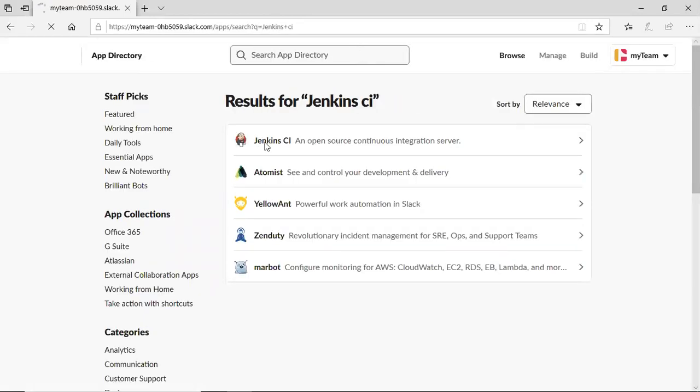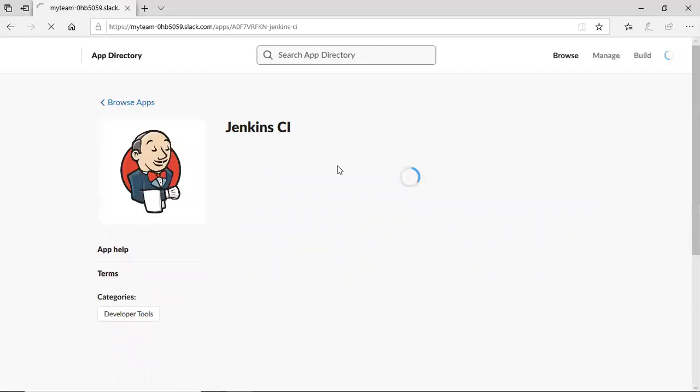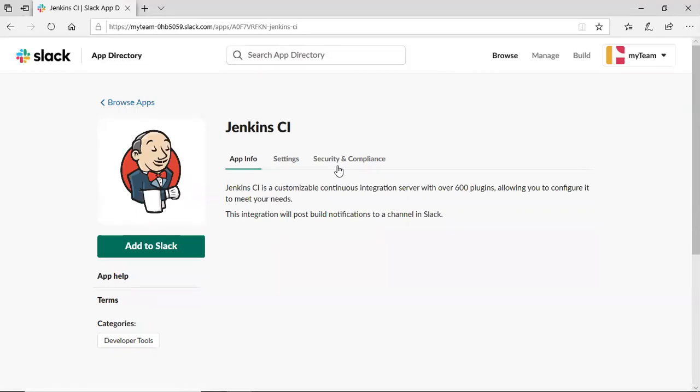I can see the first option, Jenkins CI, so I'm going to select that. Now I am clicking on add to Slack.